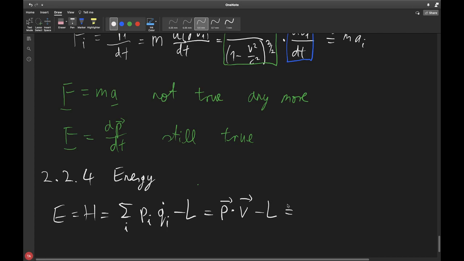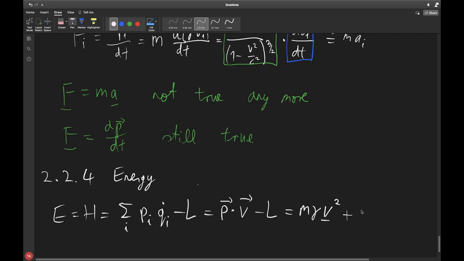Okay, so p was the same as m times gamma times v. That was our p vector. I'm sorry, this is confusing. I should fix it, but I am using the index down here because if I put it up here, it is just too crowded. And so when we multiply m gamma v with v, we get m gamma v squared. And then the